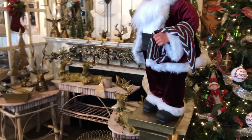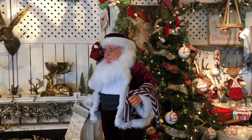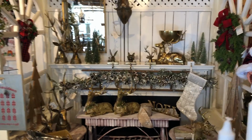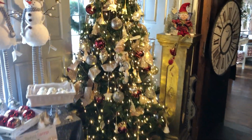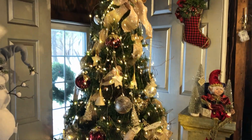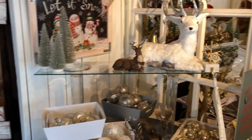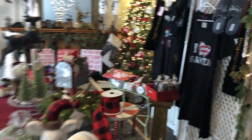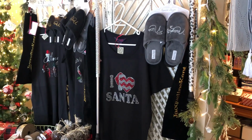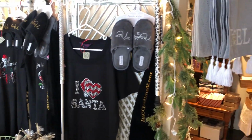A little more decor for the Christmas tree, supervised by Mr. Claus. A wonderful mantle, decorative pieces. Again, a few more LED lights to accentuate a 7-foot Christmas tree. Little Mr. Sheep. And finally into our little annex room, new for this year, I Love Santa t-shirts, slippers, runners,